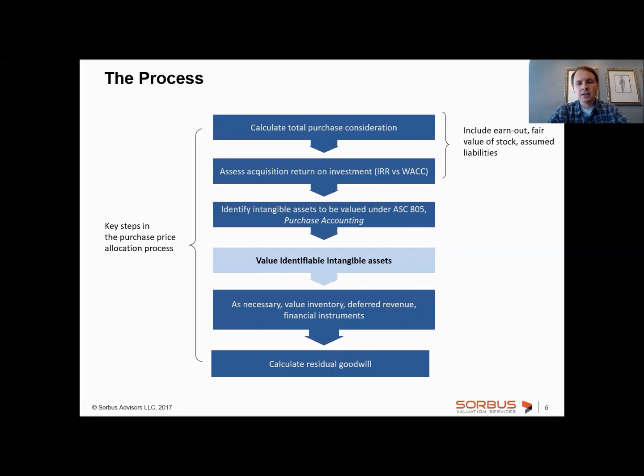Now, earnout is another one that requires valuation, and it's a whole separate topic. Assumed liabilities, that's another area where you have to be careful about whether you can just bring the assumed liability at book value or it requires some kind of valuation as well. And so purchase consideration may be a substantial piece of what your valuation specialist has to do for you. So definitely make sure that this type of stuff is communicated on one hand. On the other hand, make sure that your valuation specialist is asking those questions.